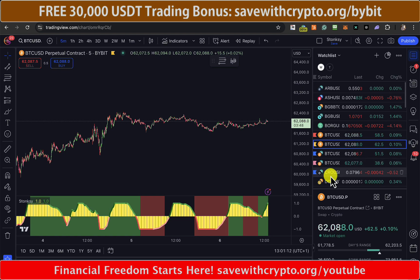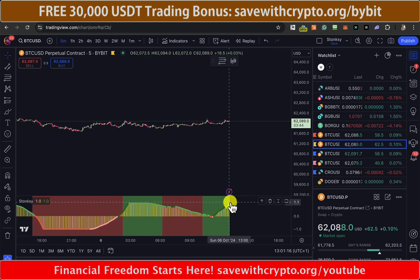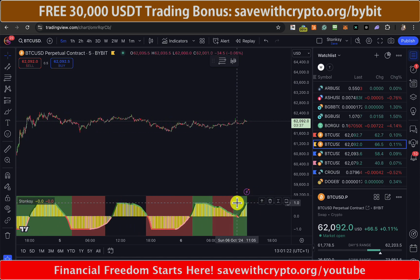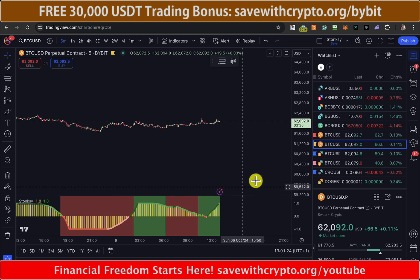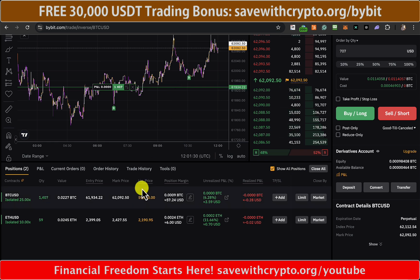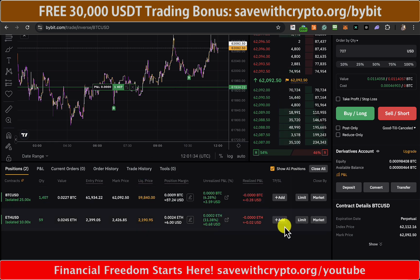Okay, so it's like 1 o'clock in the afternoon now on Sunday, and this green line's gone up quite a bit. In fact, I think it's actually at the 1 now, so that's as high as it goes. So that means that my trade should be in profit. Yeah, so okay, the trade is 6.28% in profit. I mean, it's only $3.59, but